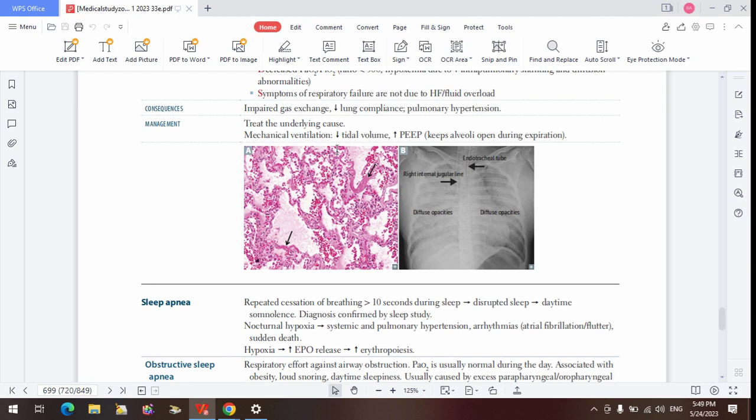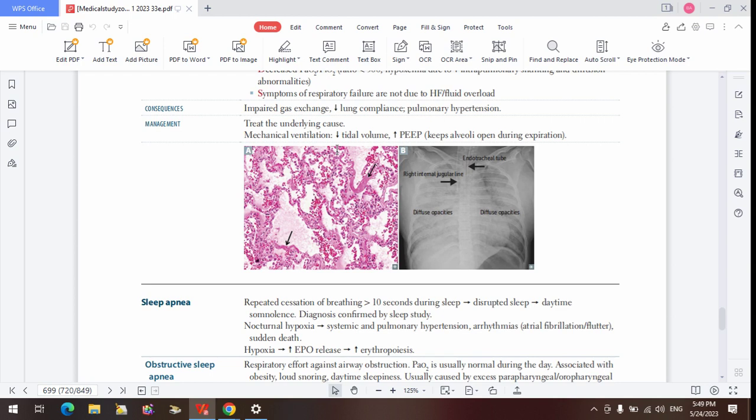You don't want that, because with mechanical ventilation, they are on that machine continuously. So you deliver the air at a low tidal volume, but an increased positive end-expiratory pressure. That is what you do. That is what your mechanical ventilation helps you do: deliver the air with a low tidal volume, but an increased PEEP.